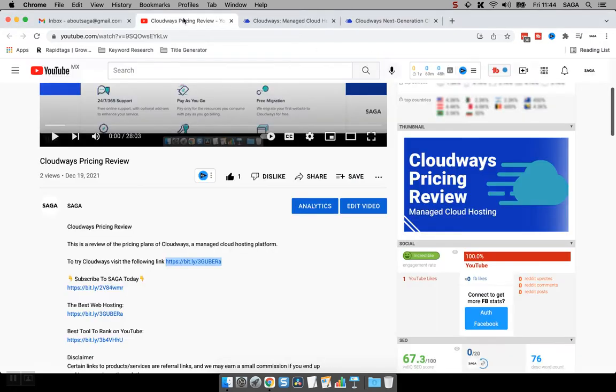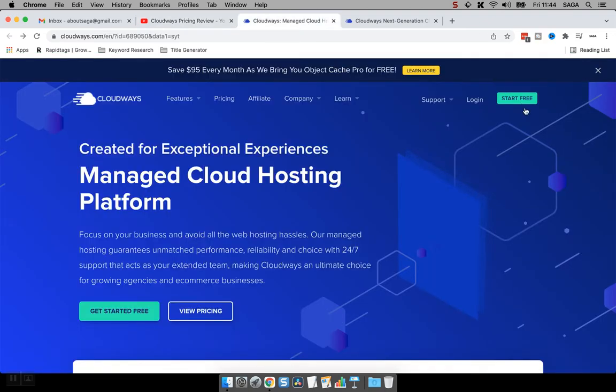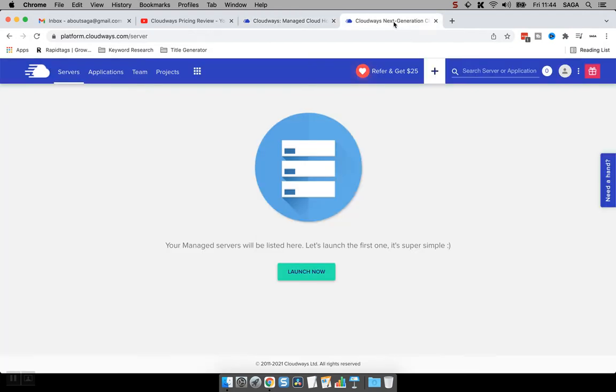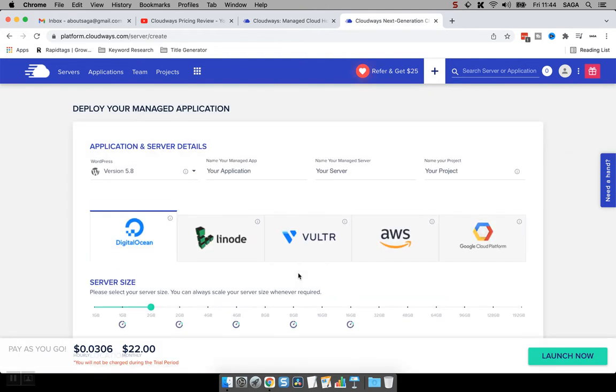There should be a link over here that you can click, and basically from there you can click over here, start free. You don't need to enter a credit card, or if you already have your account, you can just follow along with me over here. So from here where we are right now, we're gonna click over here on launch now,